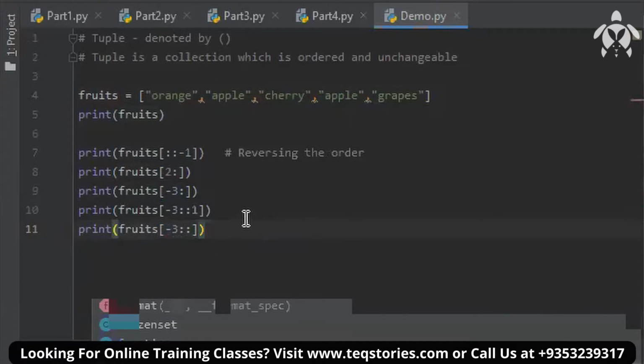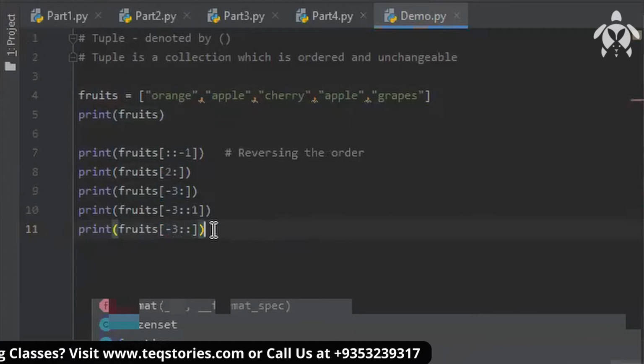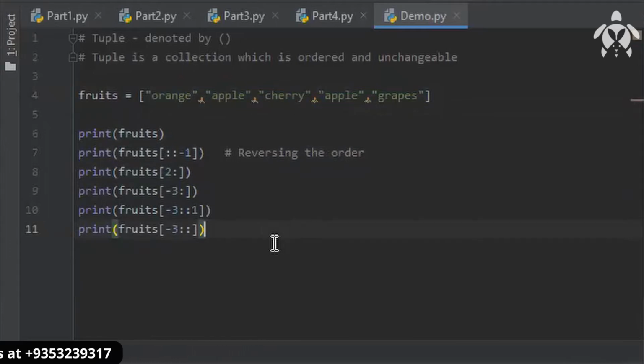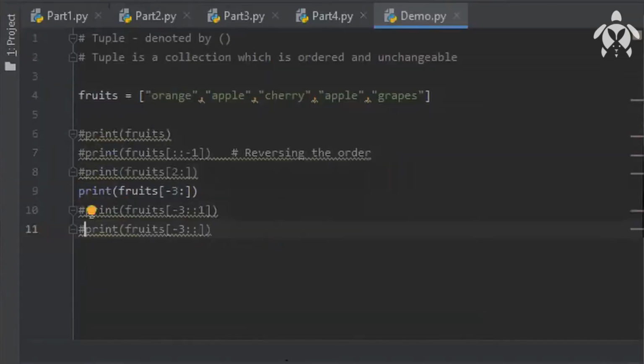Okay, so these are some of the examples where you can use data slicing in Python. Colon means all the values. So you're giving a starting value 2, and colon means print all the values. -3 colon: -3 always, the minus takes from the last. -3 is cherry here, so cherry, apple, and grape. This was that particular output. I told you it will take an index from the back. -1 is grapes, -2 is apple, -3 is cherry.